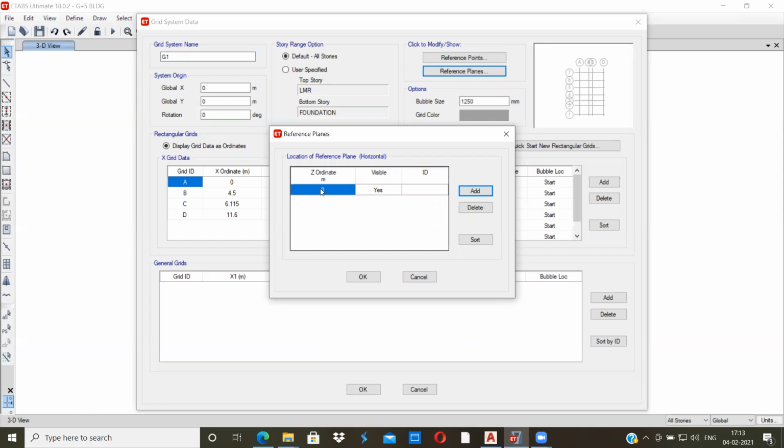So we have a foundation of height 1.5 meter, which we have defined earlier, so that also you have to consider, plus from the plinth to the middle of the floor. So our floor height is 3 meters, so middle of the floor is again 1.5 meters. So 1.5 plus 1.5 it will be 3 meter. Okay, so 3 meter, I'll write it as mid landing.